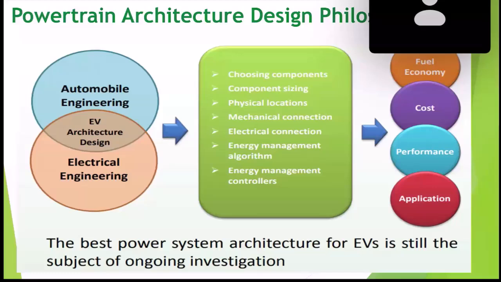Why it is still evolving: hardly for the past 5 to 6 years has the electric vehicle been becoming dominant, and whatever research has been happening in electric vehicles is mostly in the last 5 or 10 years. But the legacy of the IC engine is almost 60 to 70 years. The IC engine has been running in a very good manner, and for 50 to 60 years the R&D has been very well established and developed for the IC engine. Whereas the electric vehicle has been evolving very recently, and there is still much more scope and gap for electric vehicle research. That is the reason why the finalized or optimized